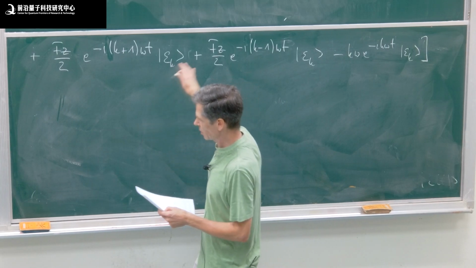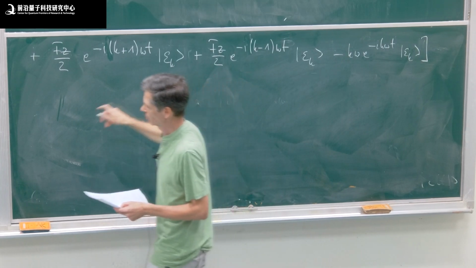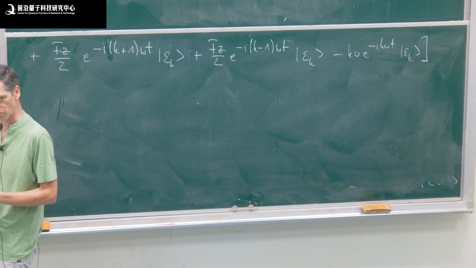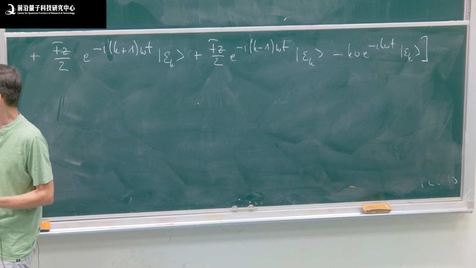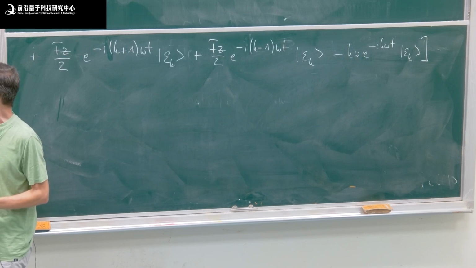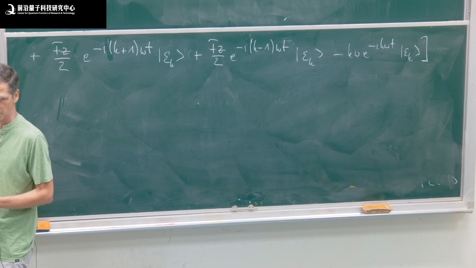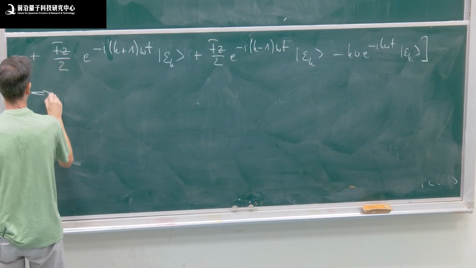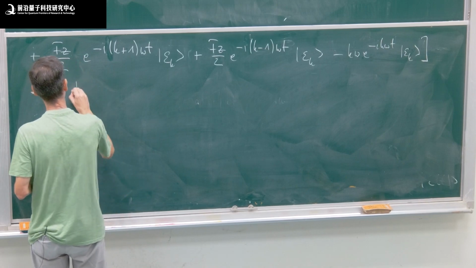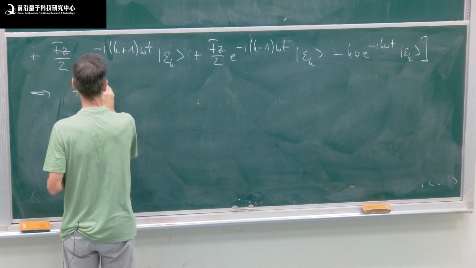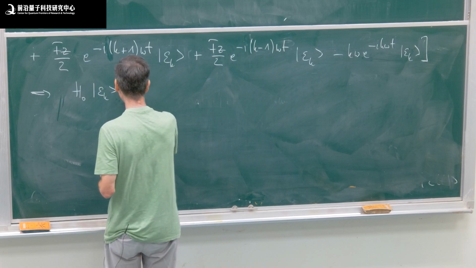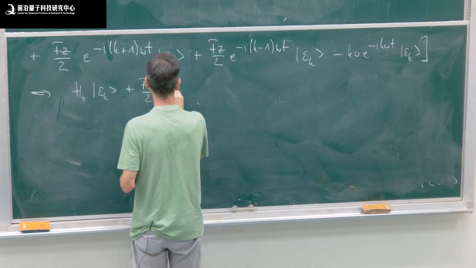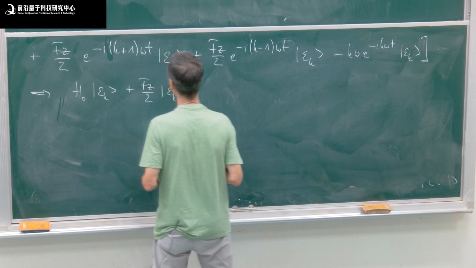This is equal to epsilon times the sum over e to the minus i k omega t Epsilon_k, which is the right-hand side of the Floquet eigenvalue equation. Now this has to be true for all times, so I can take the coefficients of each e to the minus i k omega t to vanish independently. And so therefore I get H0 times Epsilon_k plus F Z over two Epsilon_(k minus 1),